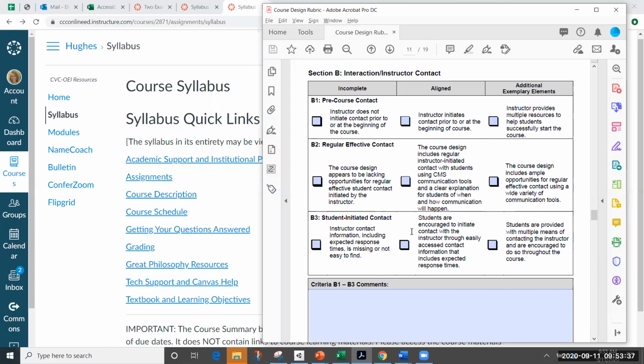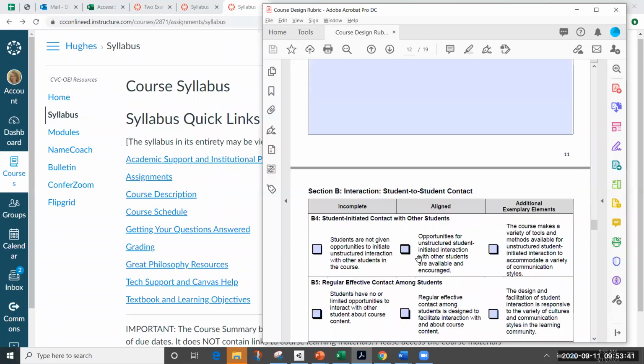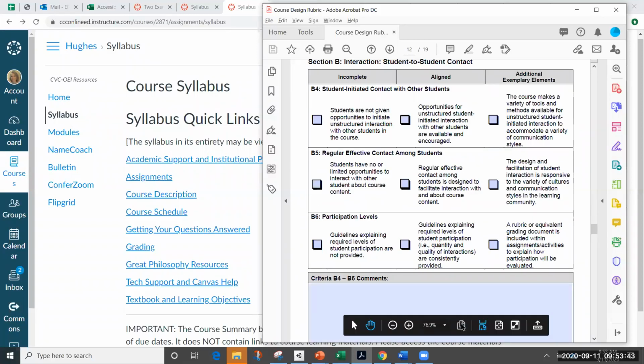I have a question. What is B6? Can you scroll down? I just want to get it in my notes. Yeah, B6 is participation levels. Thank you. Okay, sure. And you can see here we have the rubric or some kind of grading document is